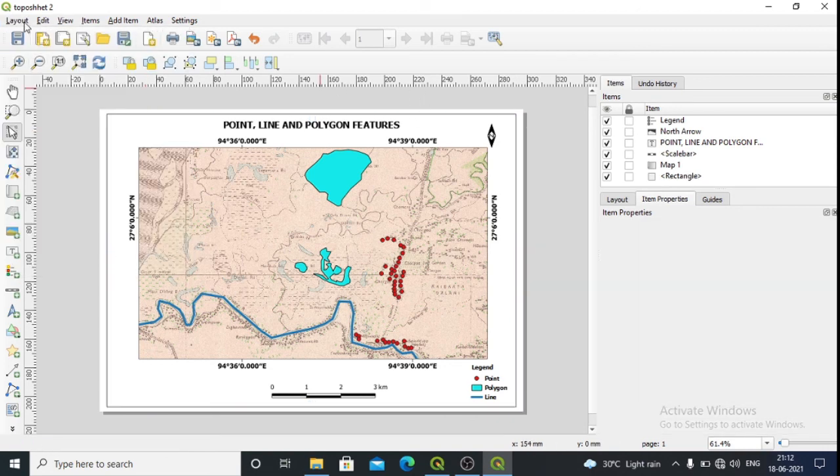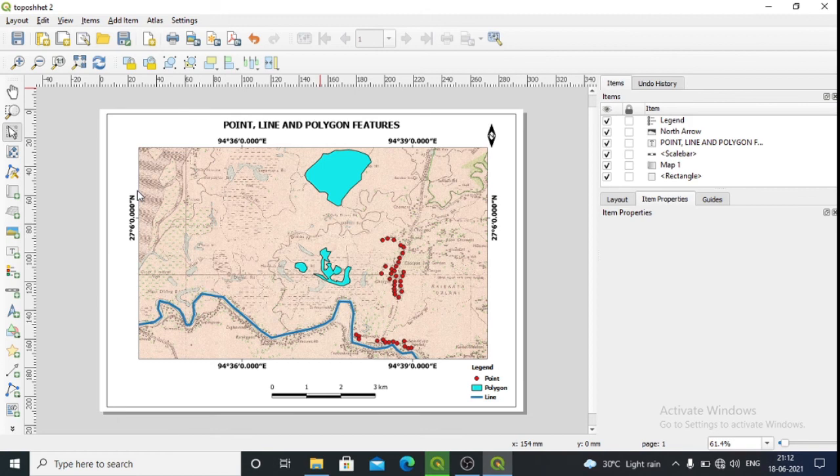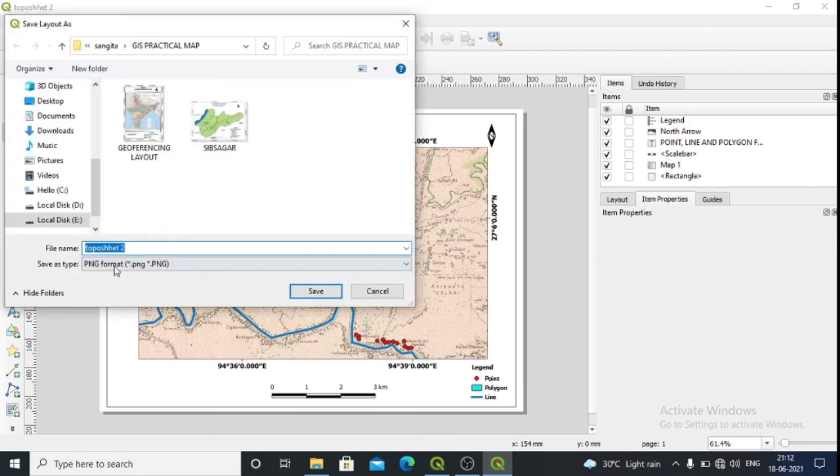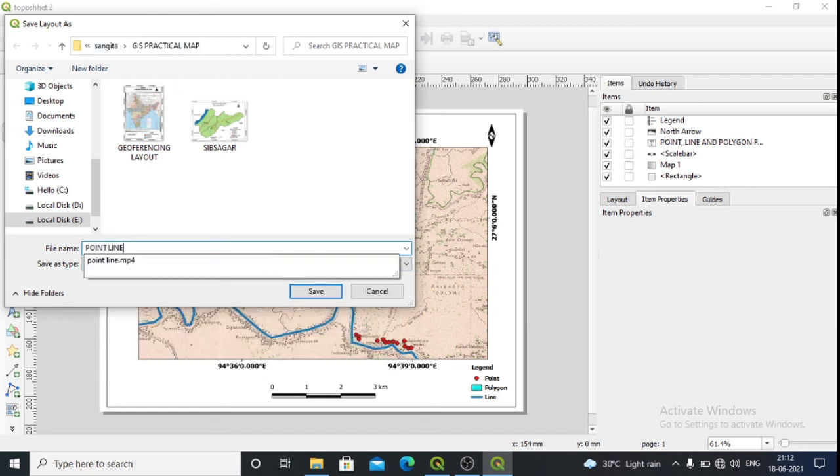After this you can export this map once you have saved it, so export it as image. Now if I export it, where you want to save it, you want to save it in this particular folder. So I'll give the name as point, line and polygon, then click on save.